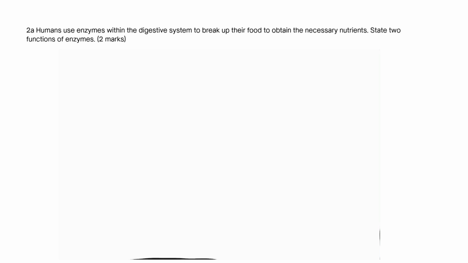Question is, humans use enzymes within the digestive system to break up their food to obtain the necessary nutrients. State two functions of enzymes. Now, this is a state question for 2 marks, which means that we just need to simply state the two functions of enzymes without an explanation or further description. So we need to recall our biology knowledge to answer this question. And firstly, we're going to write that enzymes can speed up chemical reactions